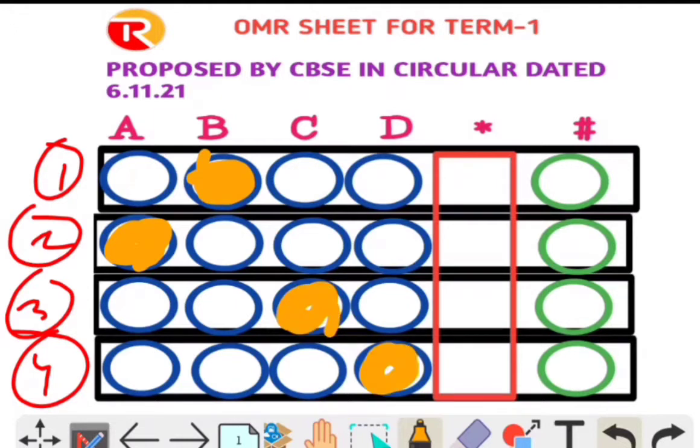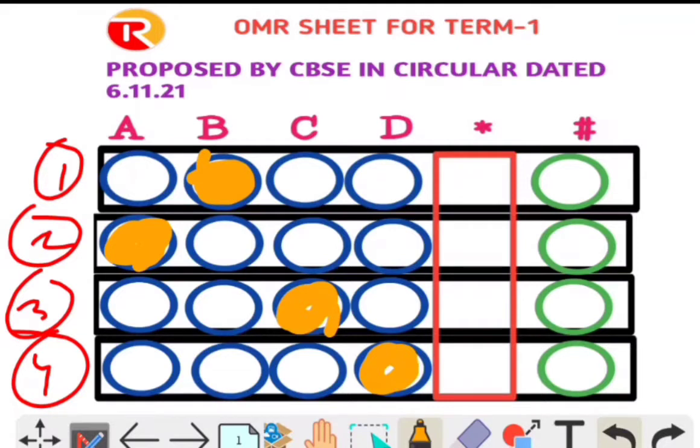Now the part that comes is rechecking. Now you have to recheck the answers. While doing the rechecking, you find that in question number 1 the answer is not B, the answer is C. But now what will you do? You have already filled the option B. Now you are thinking that no, the answer is not B, the answer is C.